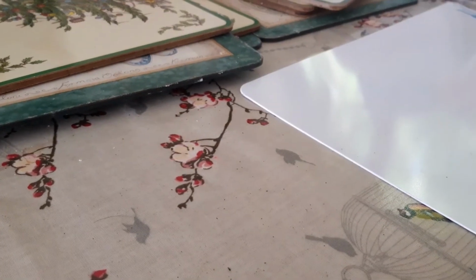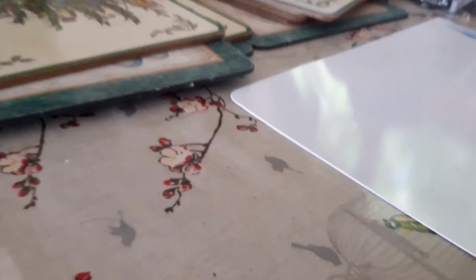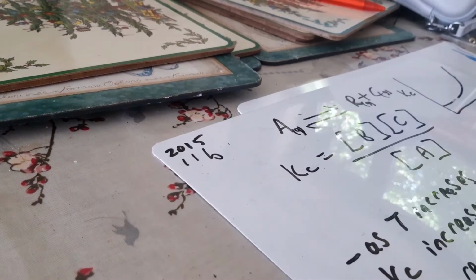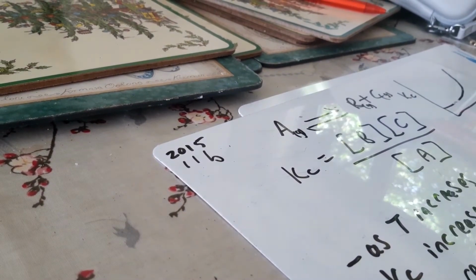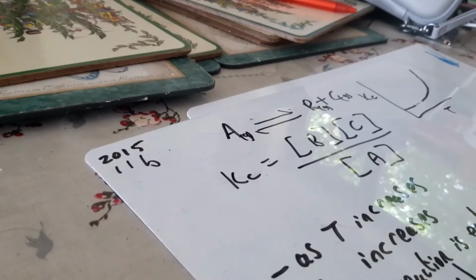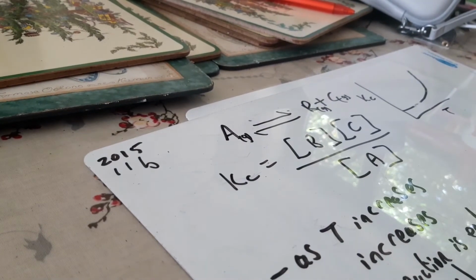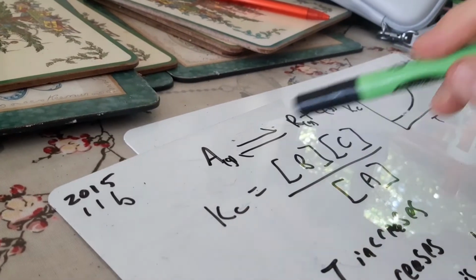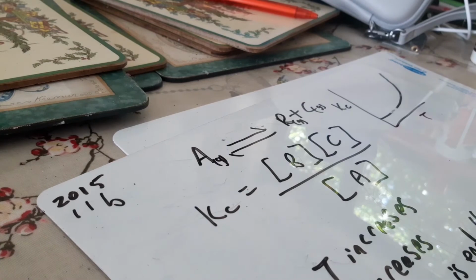Is that okay? Right, I want to do one more, and the last one we're going to do is from 2015. Okay, so 2015, sorry, I'm just getting it up here. 2015 is there. So this is question 11, part B from 2015, and it looks deceptively simple at the start. There's A and B. A produces B and C. You're not told what they are. They're all gases. We're told that.